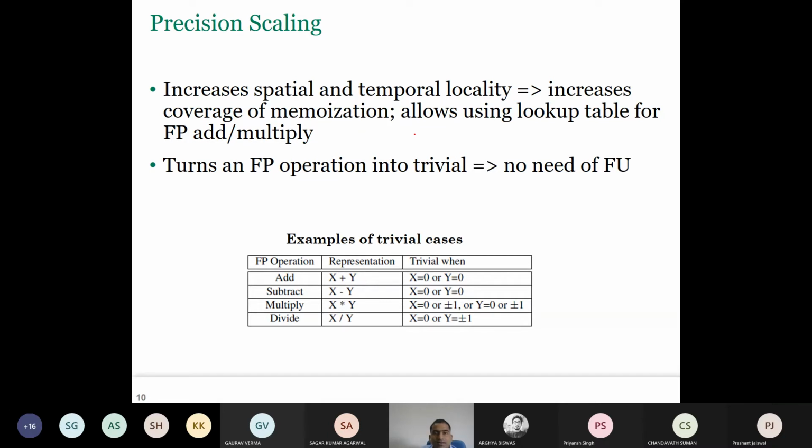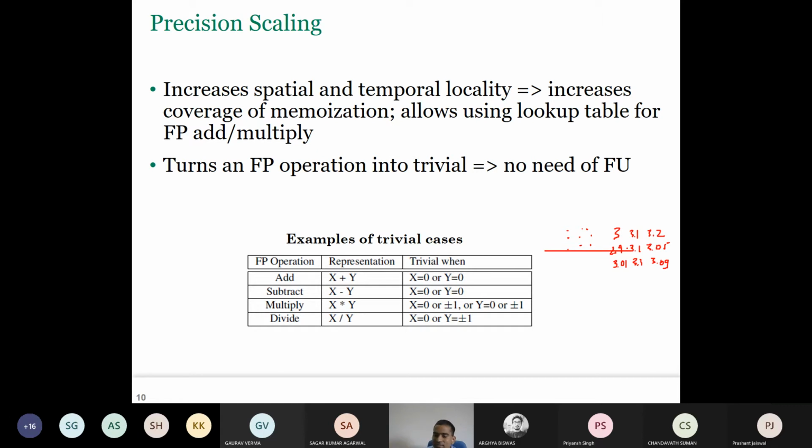Suppose you have 9 pixels. Okay, let me repeat. 1, 2, 3, 4, 5, 6, 7, 8, 9. Suppose some of the pixels, if you were to take this wall, their values may be 3, 3.1, 3.2, 2.9, 3.1, 3.05, 3.01, 3.1, 3.09. Okay. So now if you do precision scaling, suppose you just round off all of them to the nearest